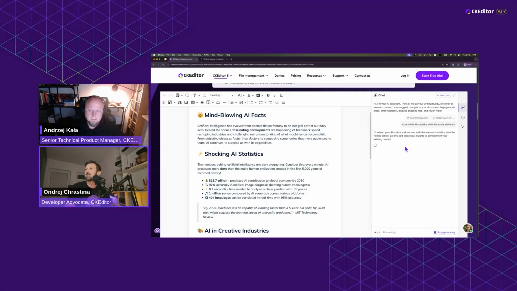It will extend our AI statistics with the relevant statistics from the Forbes article, so it knows it's from Forbes already. And now it's thinking how to incorporate it. It needs to read through the article, parse it. And fortunately, we got the proposed changes. This is something that I wanted to get to, because